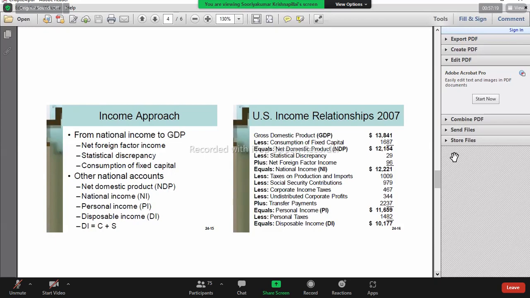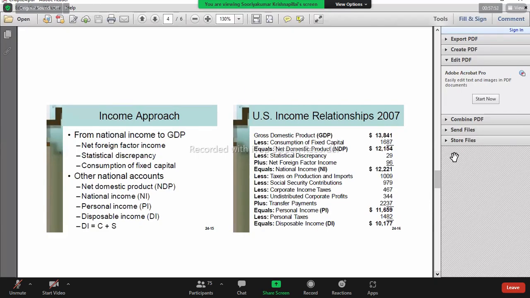So when we calculate national income from GDP, we should add this foreign employment remittance, because our labor is supplied to produce in a foreign country. So that should be included in the national income, not in the GDP. So we add that net foreign factor income, then we will get national income. That is the income from resources supplied by the country's citizens.